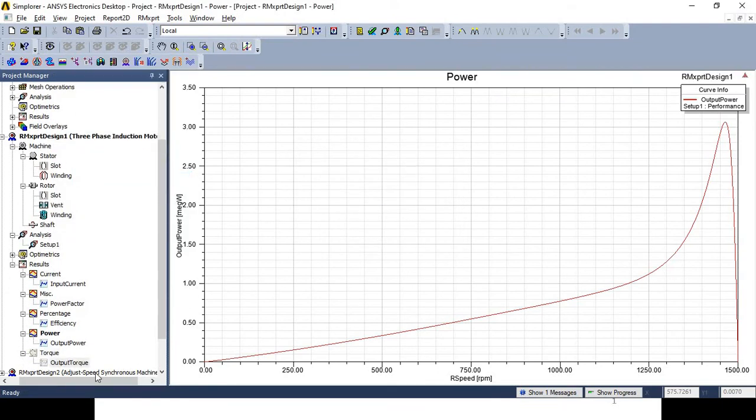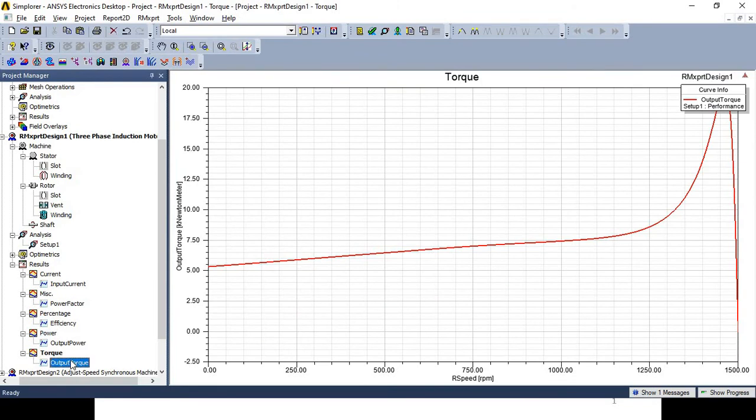Here you will get the graph of the output torque with respect to the reference speed. So you can go through the maximum output torque value and check whether it fulfills your requirement or not. If it is not fulfilling your requirement, you can again do the design changes and then analyze the graph.